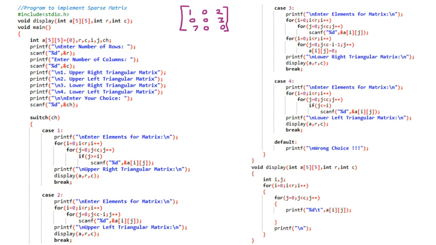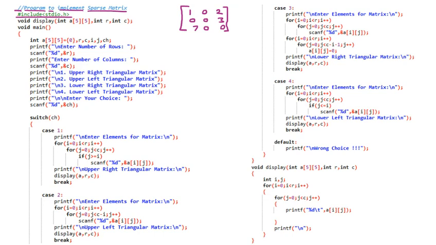We also have dense matrices, in which there is no zero or very few zeros. That is called a dense matrix. But here we are learning sparse matrices, where the number of zeros is relatively more. So first of all, I am giving a comment: program to implement the sparse matrices. Now the compiler will not read this line because there is a double slash. Afterward, #include stdio.h, which is the standard input-output header file for printf and scanf functions.